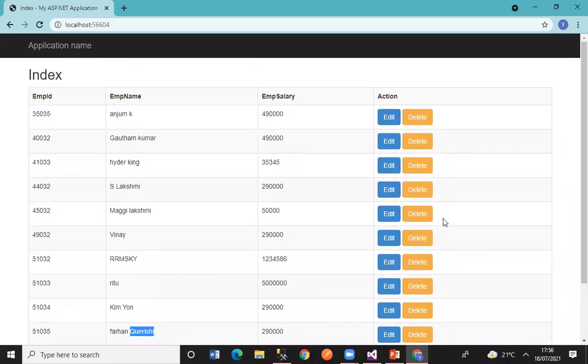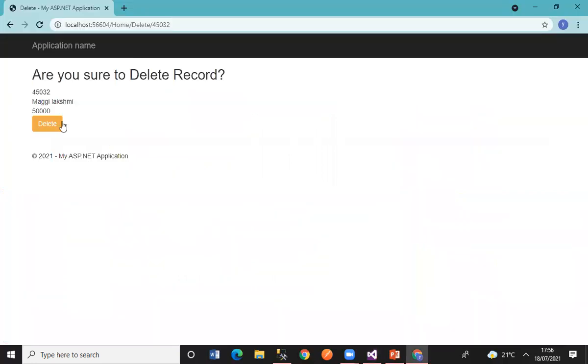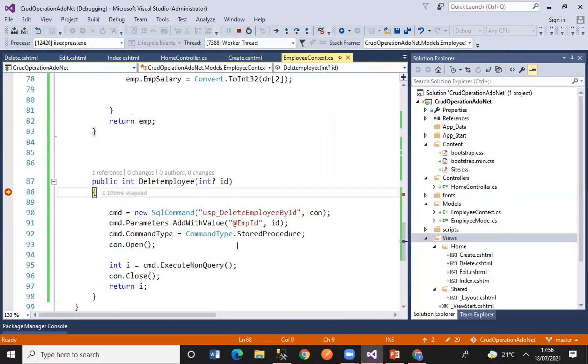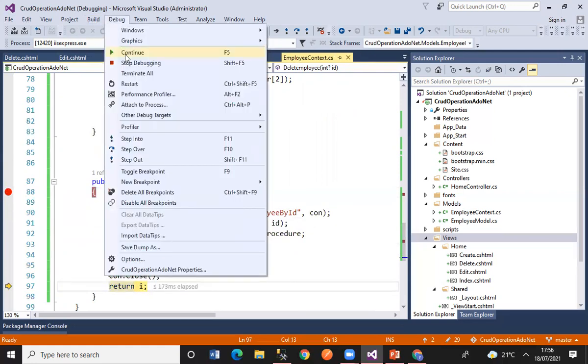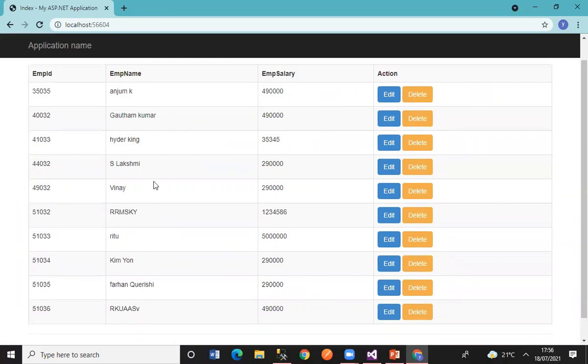Even if you want to delete Maggie Lakshmi, you just click on this and say continue, and then you can see you're getting delete here. And again, you're calling this ID or passing it, and you say continue here. So here you're coming with the ID. So slowly it will come down to the connection. Then we are getting successfully deleted. Now we'll go for continue. And you can see we have deleted that record also, which is what we were expecting. Okay, so there is no Maggie Lakshmi which you are seeing here, right?